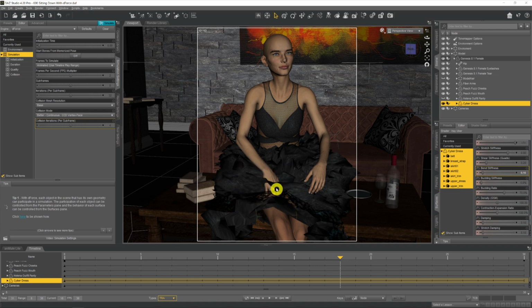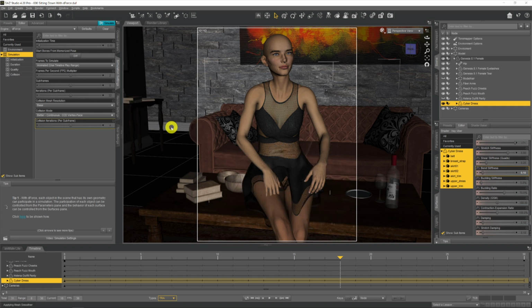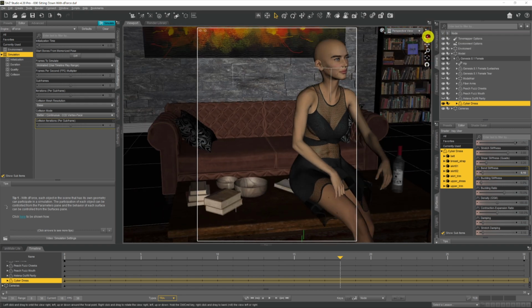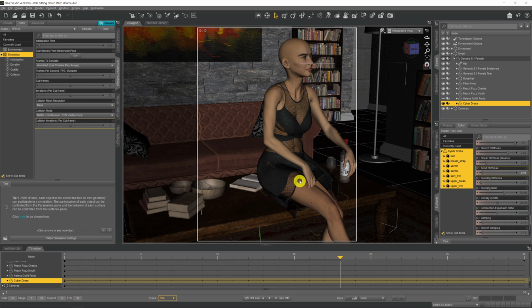Now, it's a bit difficult to see as we get here. So what I'm going to do, with the cyber dress selected up there, I'm going to just come to simulation settings, dForce, and clear selected objects. And what that does, that removes the dForce simulation. If we take a look at the hand here, we can see that the fingers are clipping through our model's thigh. Now, if we spin around a moment, we can't really see the dress at this point,